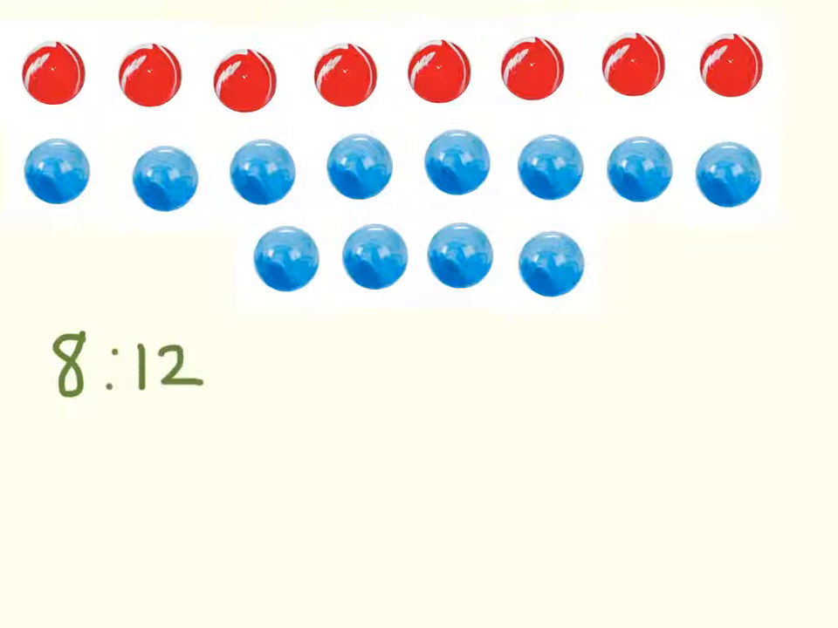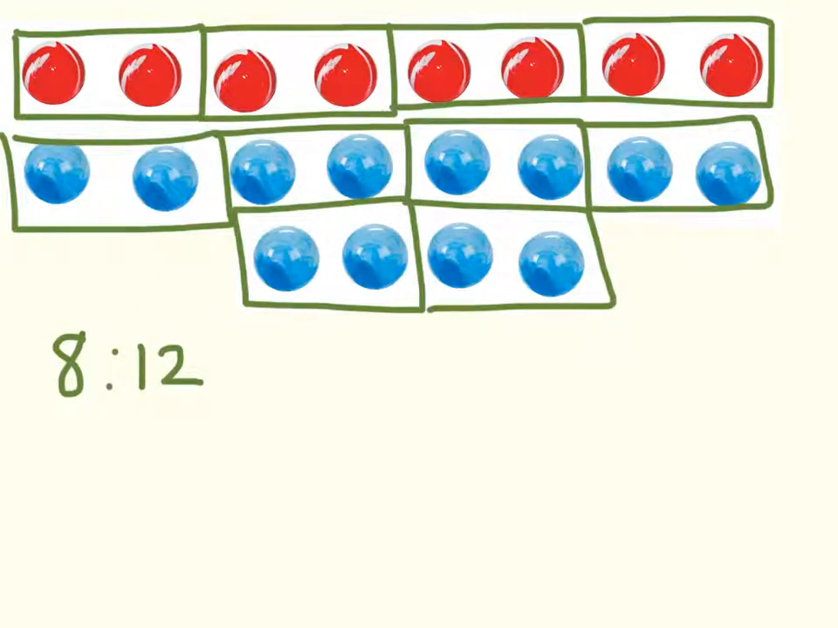Now let's say that Linus is going to group 2 marbles of the same color into each group, like this. Now we have 4 groups of red marbles and 6 groups of blue marbles. So now the ratio of the number of groups of red marbles to the number of groups of blue marbles is 4 to 6. Next, Linus is going to group 4 marbles of the same color into each group,